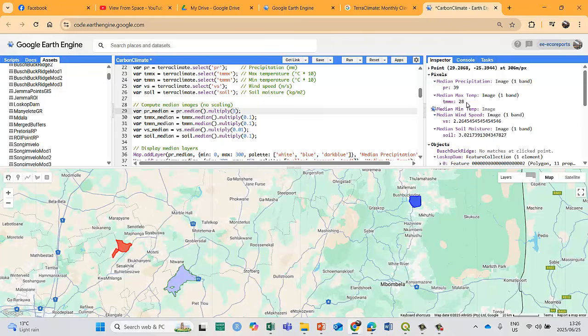Precipitation 30 millimeters, 28 degrees, wind speed 2.2 meters per second, soil is 3.1, and minimum temperature, okay, whatever, it's going to come up now sometime. That's good. Median multiply, yep, there's nothing wrong with that. Not sure why it's struggling to get to the correct number. But yeah, so that's why it's important to do the scaling.